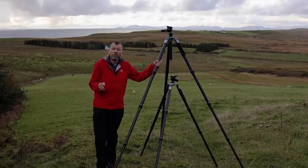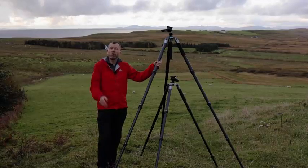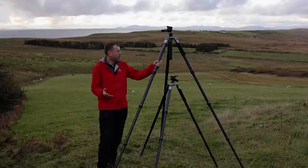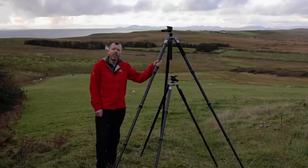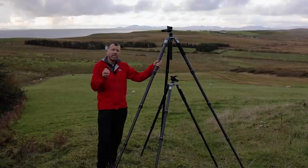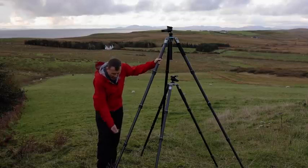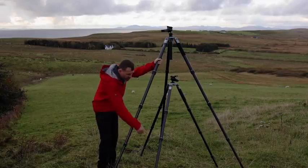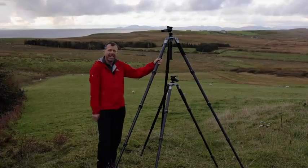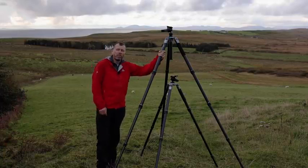That's the question. The solution to that problem, as well as a couple of others I was having similar issues with, was to tell Kingjoy of my dilemma, and they came up with the answer by custom building me this thing, which I call the Goliath. Now, one thing I specified was that I wanted this to be as sturdy as possible. So I said that I wanted the thinnest leg sections down here to be no thinner than the medium leg sections on my A86. Now, that means that we've got some serious girth going on up the top here,